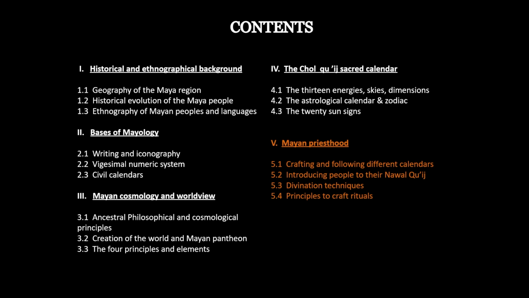We will cover these 4 things: crafting and following different calendars. Then just a brief thing about introducing people to their sign, which is what you should be able to do at some point. Then some divination techniques, and the last point is crafting rituals: principles, ideas, or ways how the Mayas craft rituals. Now, for each one of the points, or at least number 1, 3, and 4,